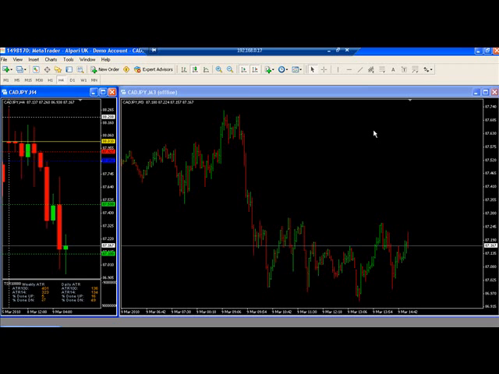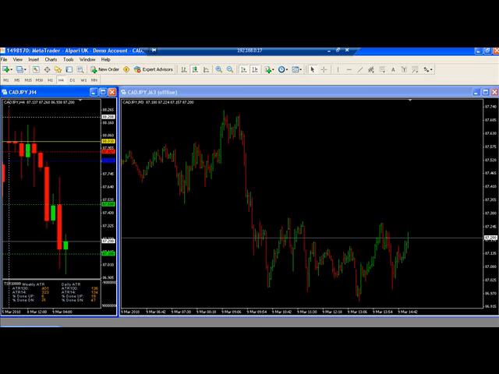On to how this week has been so far. I'll start first of all with CAD-yen. Like I said, this is one of my core strategy pairs. So what I've been looking at,